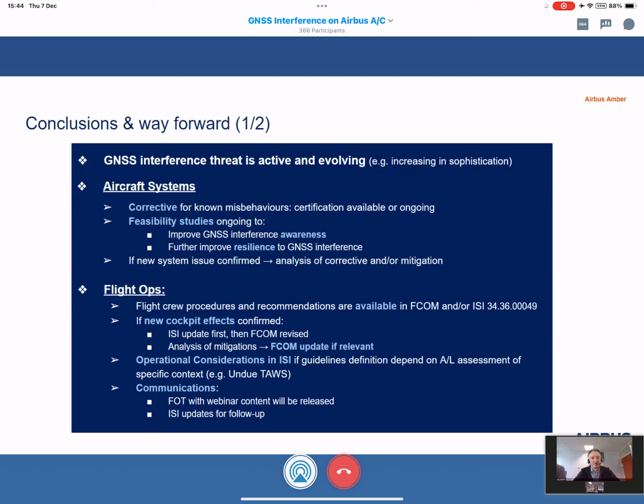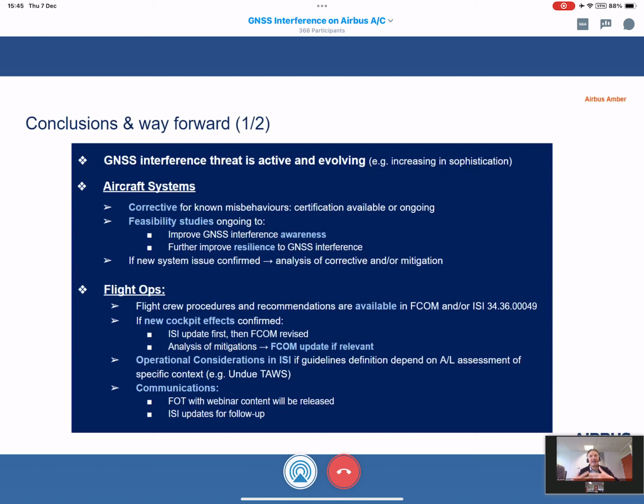So yes, we have some procedures and recommendation already available in FCOM, also in the famous ISI article 343649. If new cockpit effects are confirmed, we will put this input in the ISI and in the FCOM. Analysis of mitigations will come with an FCOM update if relevant.